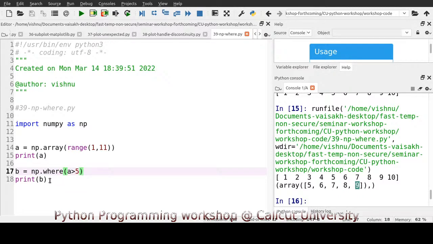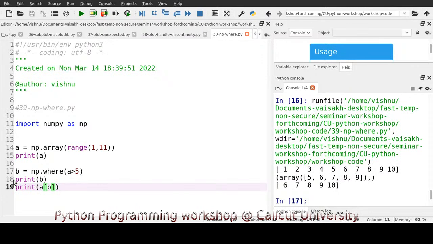Now, how do we print the values? If you want to print the values, simply use A of B. NumPy arrays are quite flexible. You can use it like this. You don't have to input a single number there. You can input an array itself there. So the values are